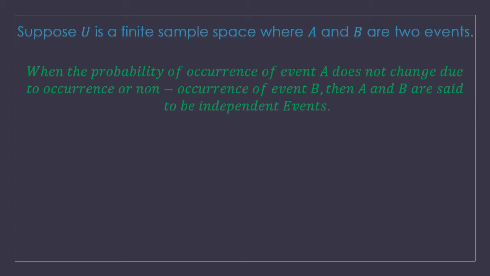Now, if we think about the conditional events which I just explained to you guys, in the case of conditional events, we were finding the probability of A when B happens, that was A given B, and the probability of B when A happens, that was B given A. So if we think about those conditional events in this light, it means that it doesn't matter whether A happens or not, the probability of B will not change. Similarly, it doesn't matter whether B happens or not, the probability of A will not change. So I have explained those things as follows.